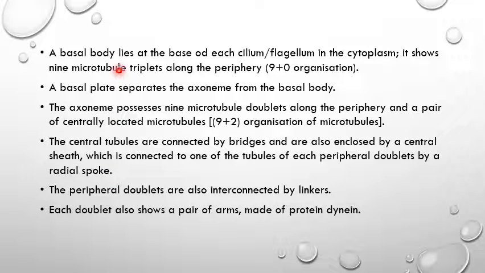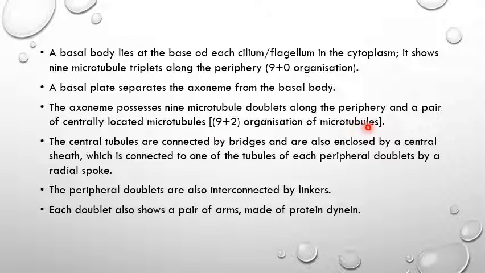A basal body lies at the base of each cilium and flagellum in the cytoplasm. It shows 9 microtubule triplets along the periphery, that is 9+0 organization. The basal plate separates the axoneme from the basal body. The axoneme possesses 9 microtubule doublets along the periphery and a pair of centrally located microtubules, that is 9+2